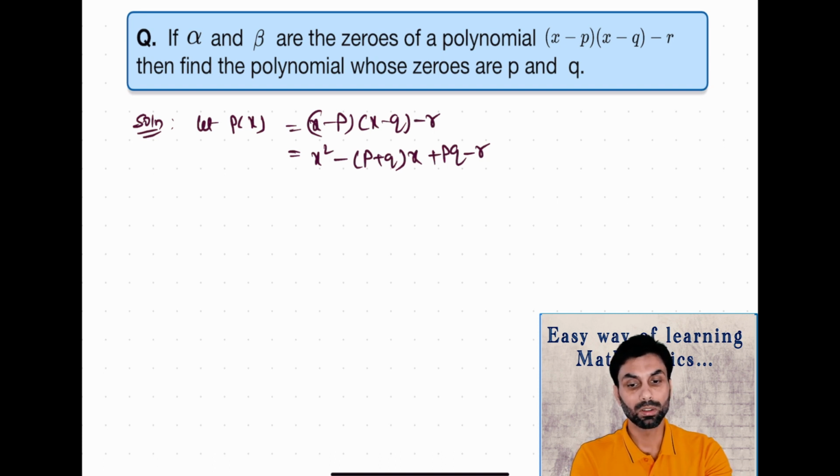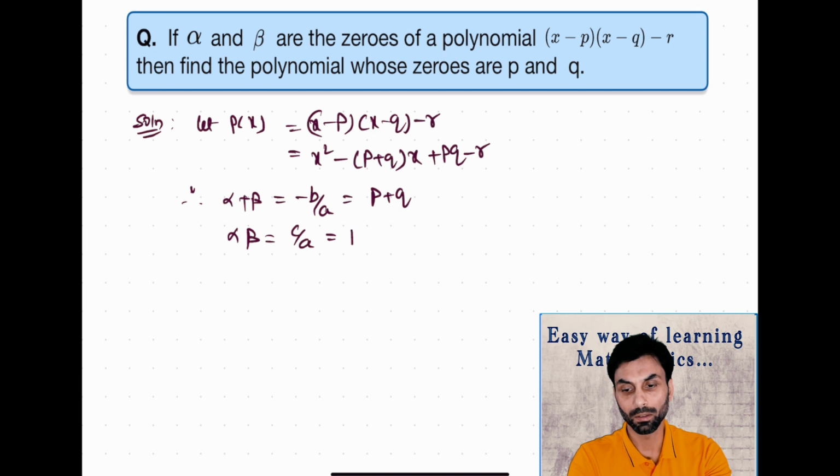Now we have to find out the polynomial whose zeros are p and q. And for this particular polynomial, the zeros are alpha and beta. So what we can write is that alpha plus beta, which is the sum of the zeros, will be minus b upon a, which equals p plus q, and alpha into beta, which is c upon a, will be pq minus r. Now we have to find out the polynomial whose zeros are p and q. So the required polynomial